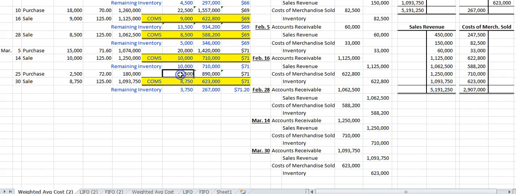So then I roll this forward. 12,500 units at $71.20 minus 8,750 that I sold is going to give me remaining inventory of 3,750 units at $71.20. If I multiply 71.20 times 3,750, my remaining and final inventory is going to be